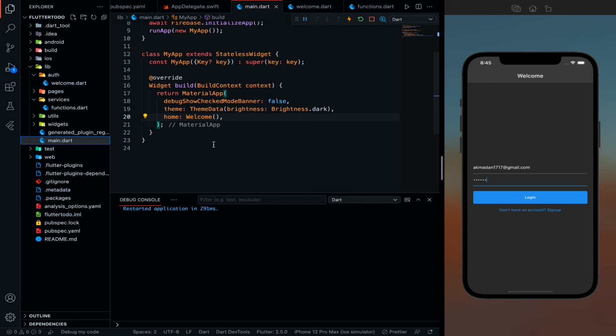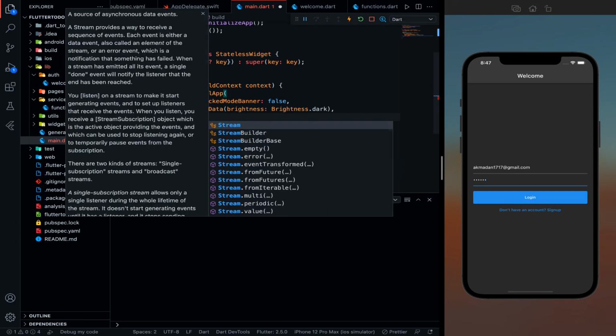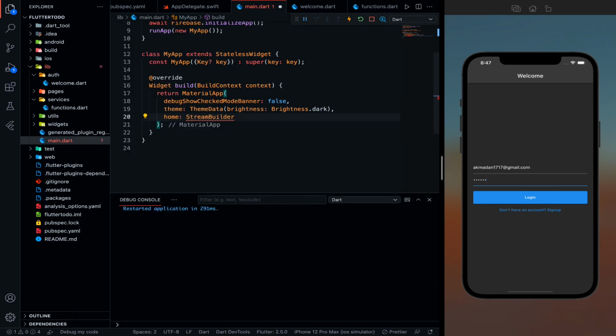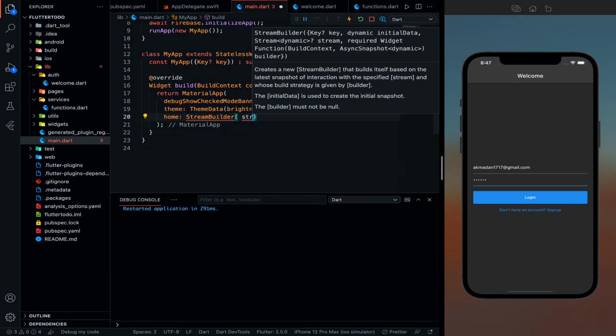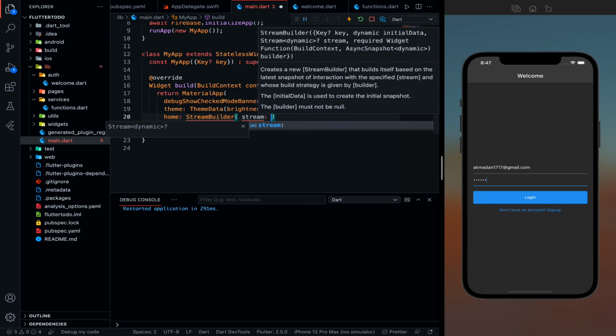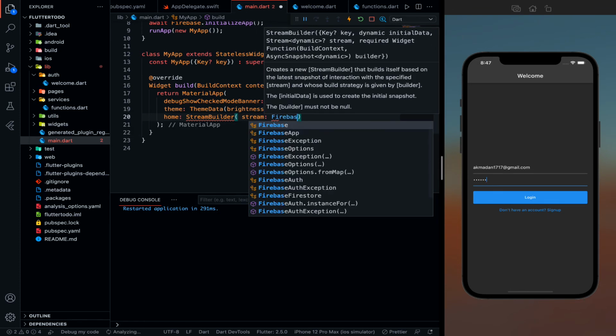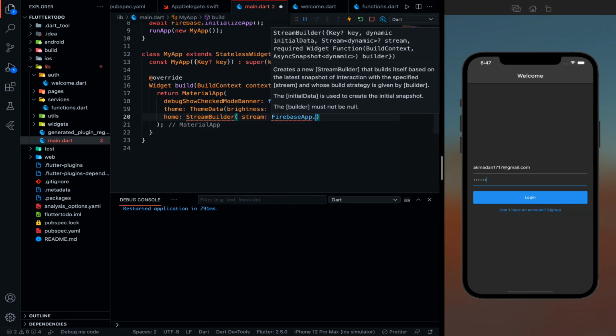So we are going to use a stream builder. So let's remove this home. So go to main.dart and remove this home because my home is going to get changed. My home will be welcome screen if I'm not logged in. My home will be home screen if I'm logged in. So let's write a stream builder. And over here you need to provide a stream. Write a stream as Firebase auth dot instance.